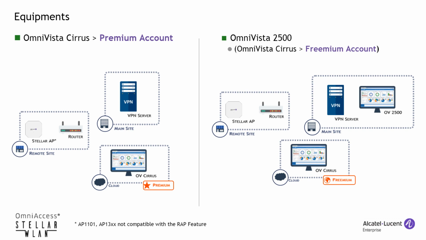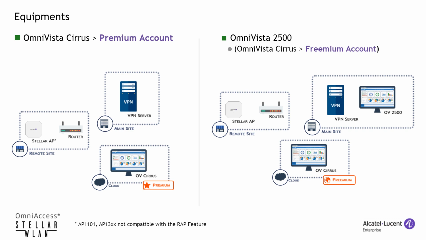Activating the Remote Access Point feature on OmniAccess Stellar Access Points varies according to the type of OmniVista Cirrus account you have. OmniVista Cirrus is a cloud-based network management platform used to manage and monitor OmniSwitches and Stellar Access Points deployed in customers' infrastructure. If the company uses OmniVista Cirrus to configure its network equipment with a premium account, you will need a VPN server provided by AOE installed at the company premises and Stellar Access Point installed at the